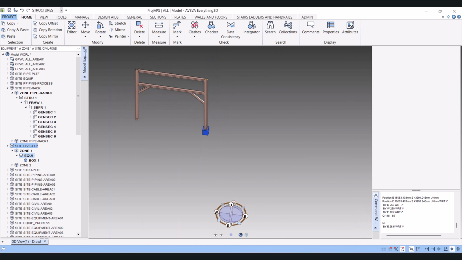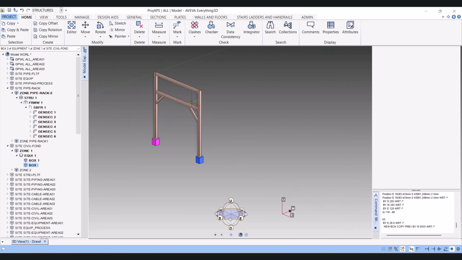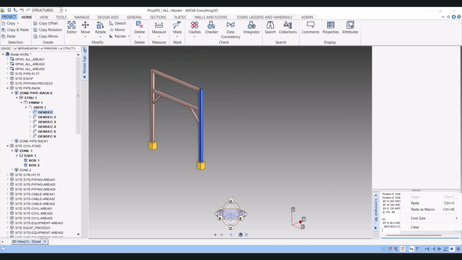So same way we will copy this box towards west side. New box, copy previous Y west 5000 with respect to world here. And now we will copy this one. For that, we will use